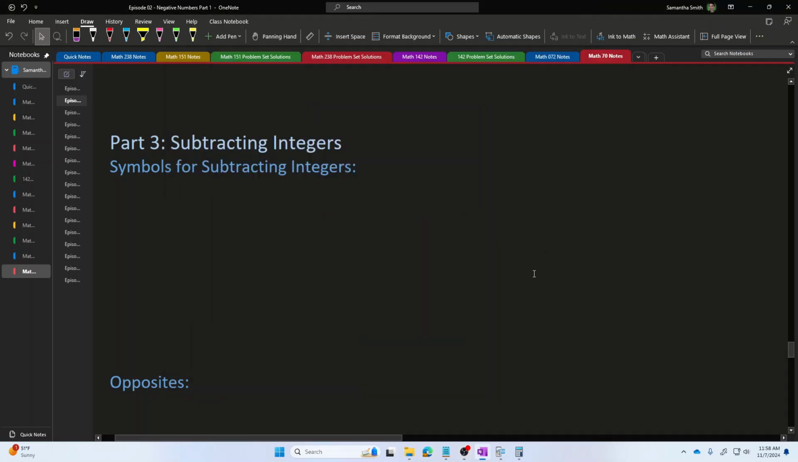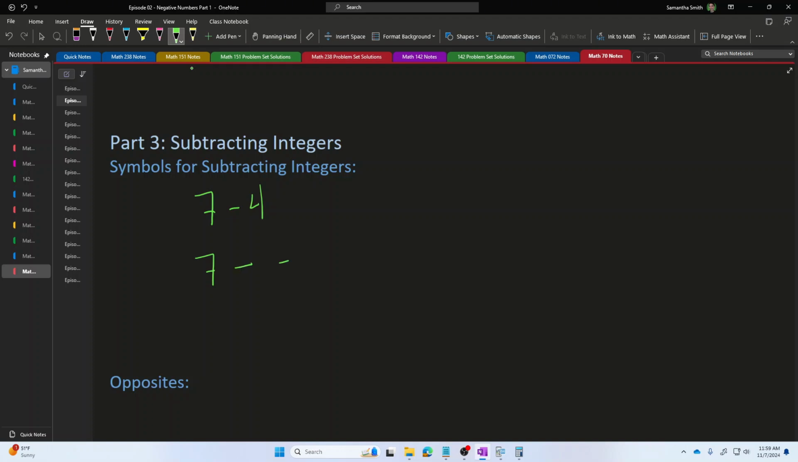In this part of episode 2, I want to talk to you about subtracting integers. Now, the subtraction symbol is given by this horizontal bar, right? So if I wanted to say 7 take away 4, I would say 7, horizontal bar, and then a 4. Now, if I want to subtract a negative number from a positive number, then I could say something like 7